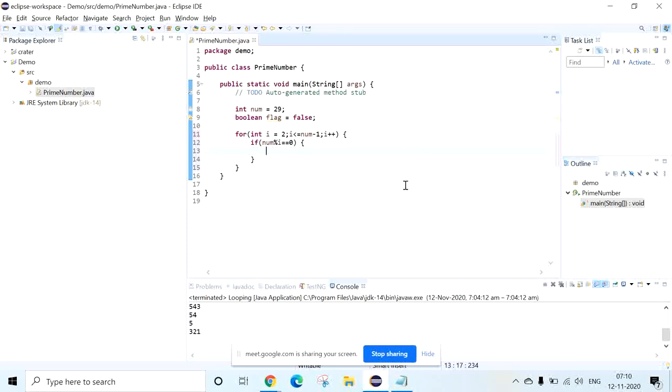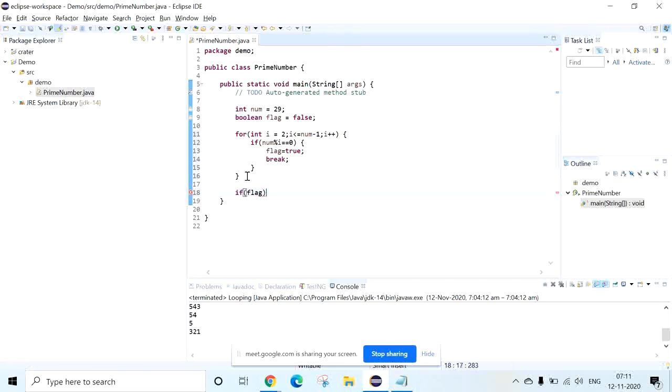So I will make flag equal to true. Then I want to break, so I don't want to continue further execution, because there's no need to go up to 28. If any one of the numbers matches, we can come out from this.